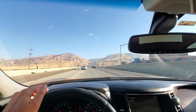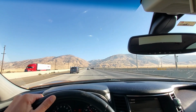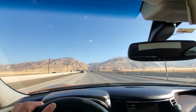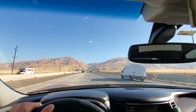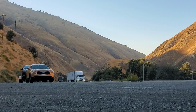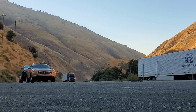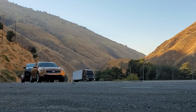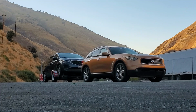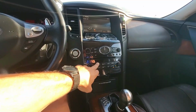For those of you who do not know, this overpass is located north of LA as part of the Interstate number 5. It climbs about 4,000 feet in about 7 miles. It's quite steep, as you can tell, especially the first section of it goes up fairly quickly. I'm going to turn off the AC,